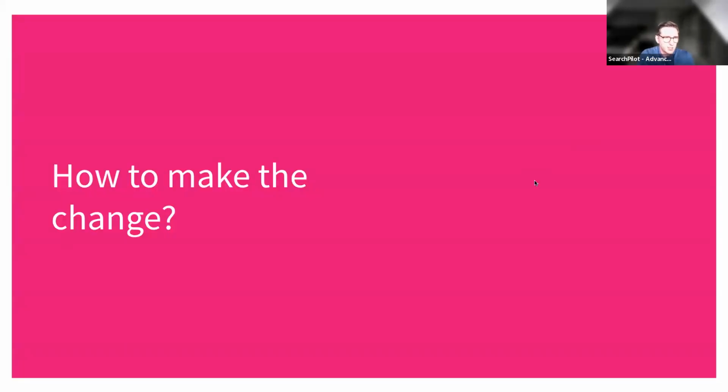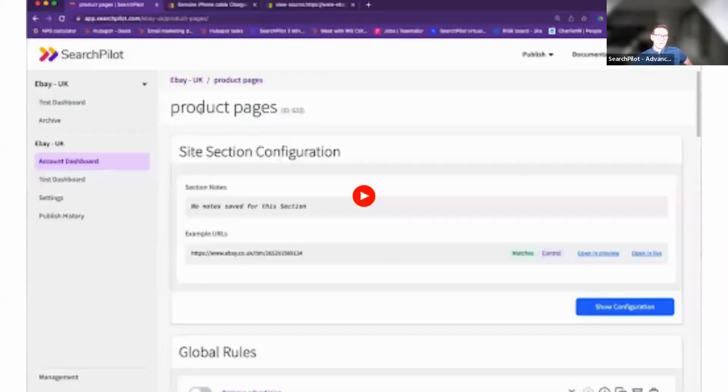Okay, so how do you actually make the change? Once you've got all these test ideas, how do you do it? I want to just run you through a very quick video. It's only about a minute, showing what the SearchPilot interface looks like, because it makes making changes very, very fast. And a lot of companies don't have this type of